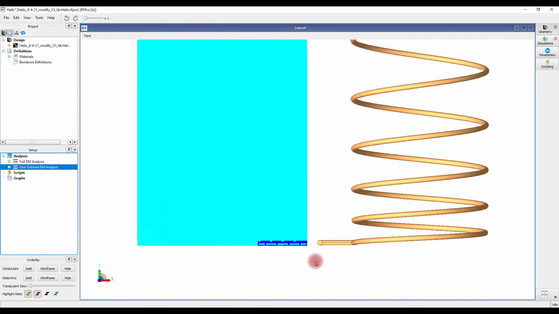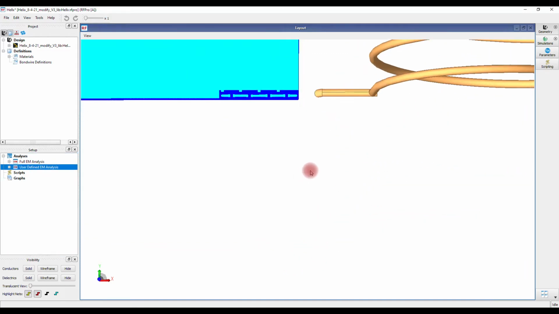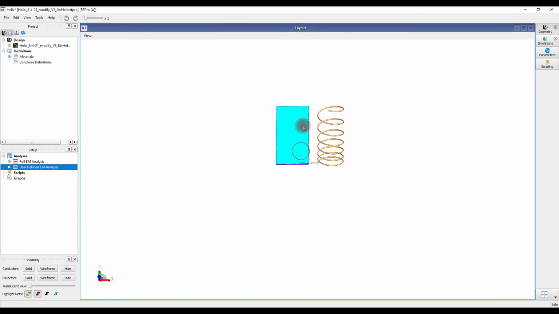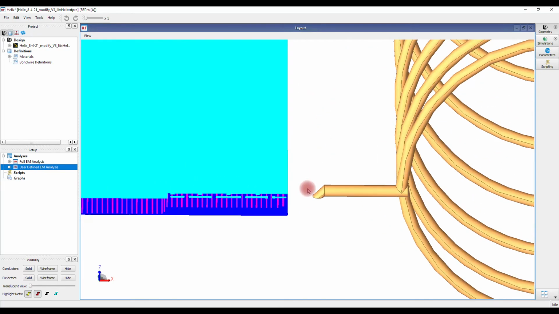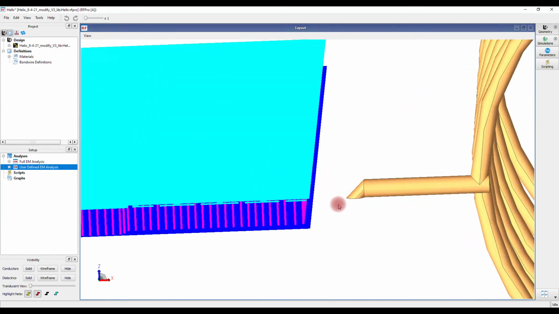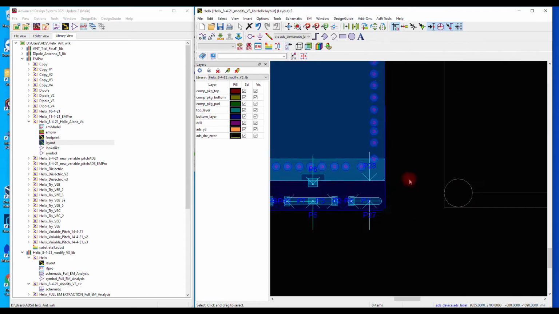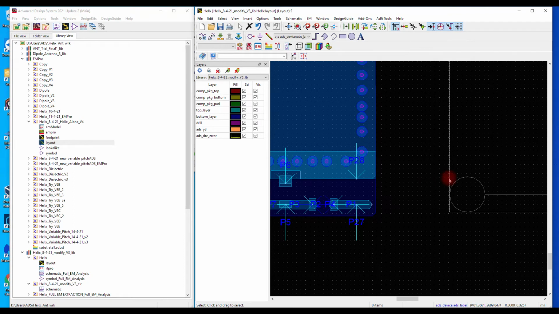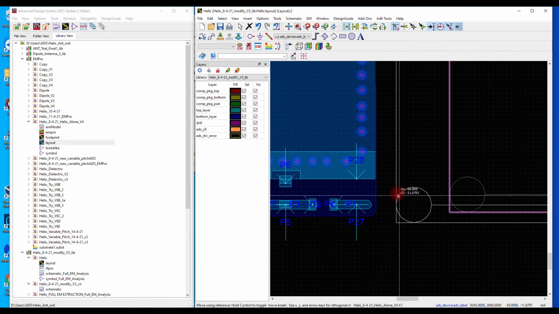You can see that the helix antenna is not placed onto the dedicated pad. We will correct the helix antenna placement by going back to the ADS layout.